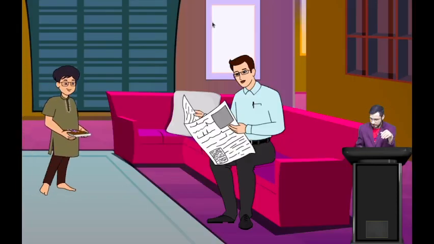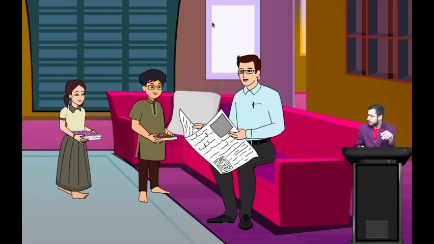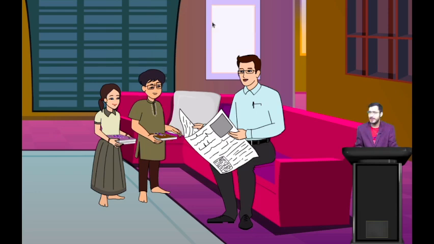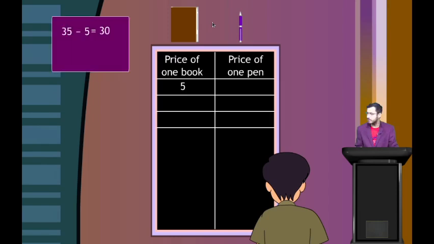So here again, how much does it cost? Okay, so let's find the cost of the pen and each book. So here the price of one book and the price of one pen. So the price of one book is rupees 5 and the price of one pen,